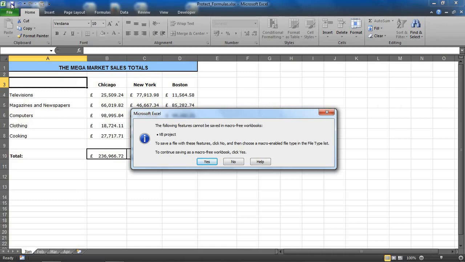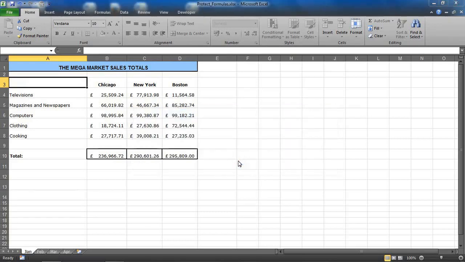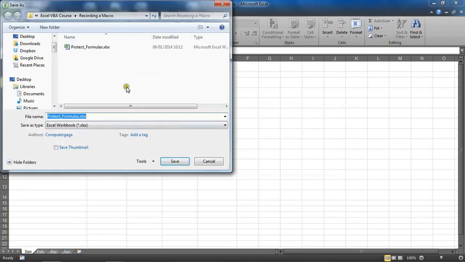Very good that we get this warning, so that's kind of protecting us in a way from such a mistake, but important that we do so. Now I could click No here, and it would immediately take me to my Save As dialog box. Alternatively, I can do that manually through File, Save As. I'm going to click No at this stage, so I get the Save As dialog box, which will